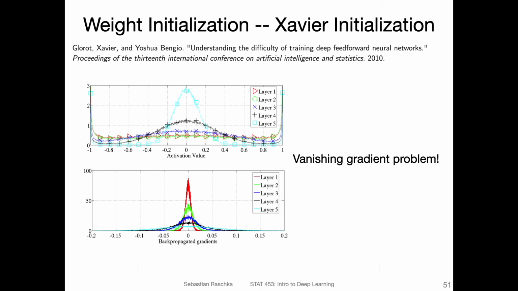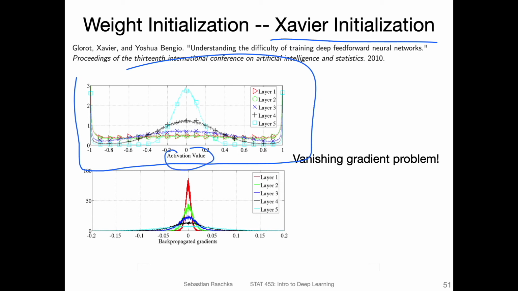Yeah, so here's a visualization from the Xavier initialization paper. What they are showing here is a network with a tanh activation and without Xavier initialization, just for reference. Here at the top, this is a normalized histogram showing the activation values for the different layers in the network. You can see that in the early layers, like 1 and 2, the activations are more uniform, spread out, whereas for the later layers, they are largely 0. It just happens that how the signal propagates through the network, in later layers the activations are more centered at 0.